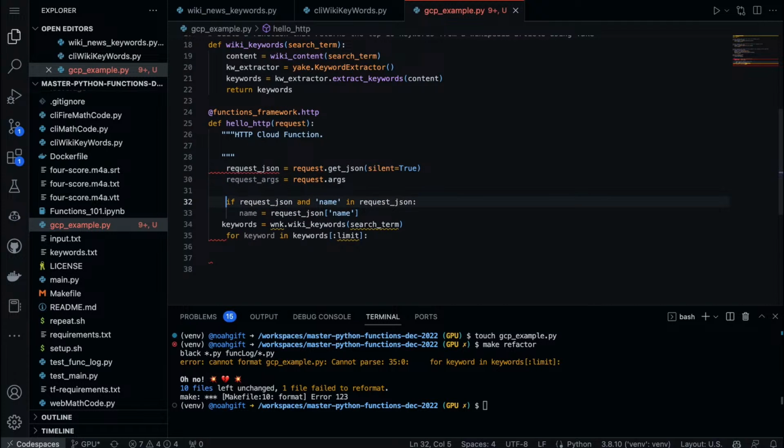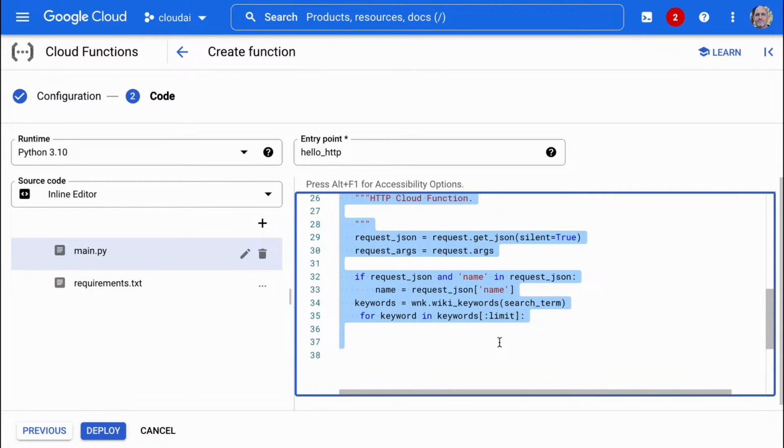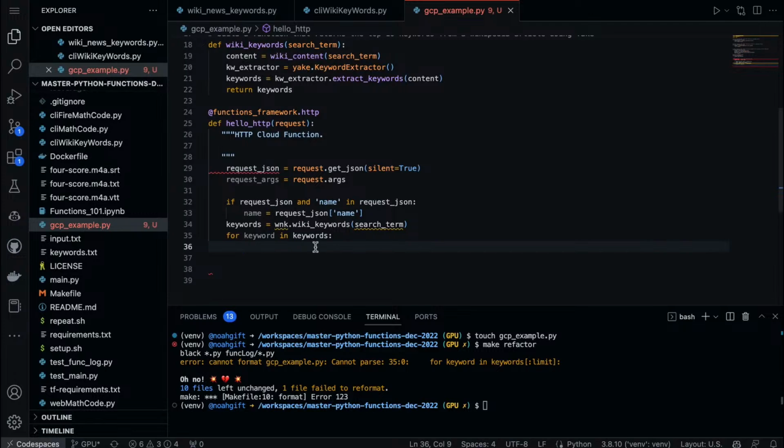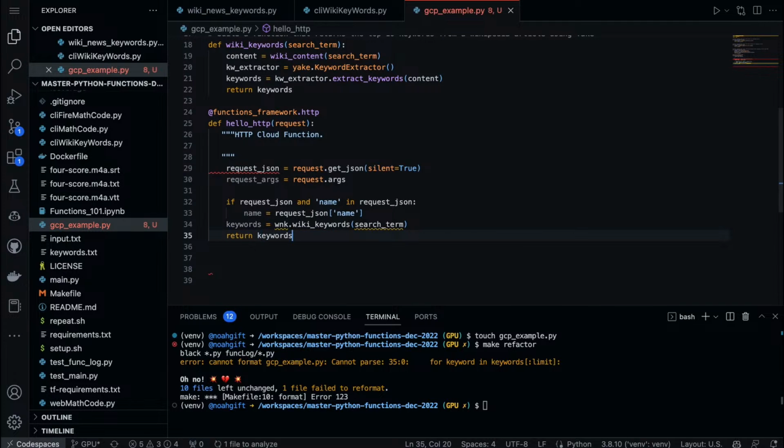Here, we can go there, we can delete this, we can delete that, and then we can say for keyword and keywords, I don't know, what do they typically want you to do inside of this? They want you to maybe return keywords, or just return keywords. How about that? Just return keywords. How about that? So if I do a format, will it format it for me?